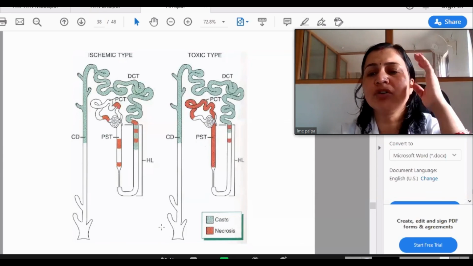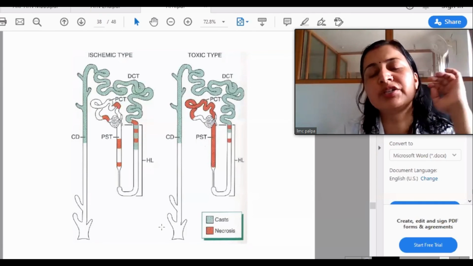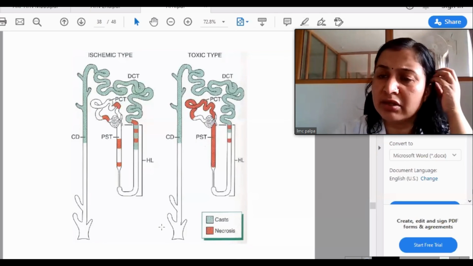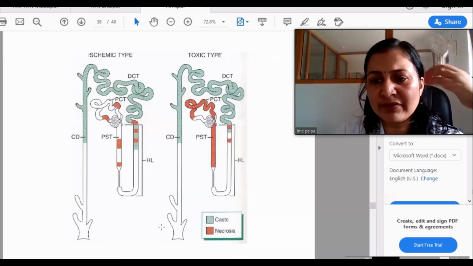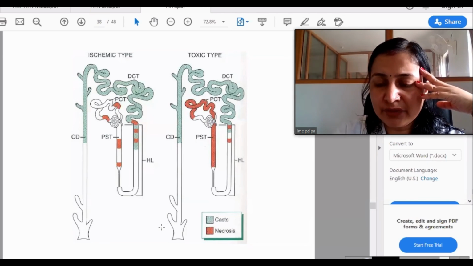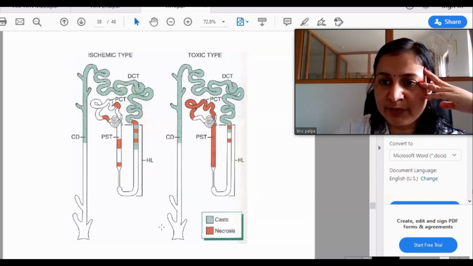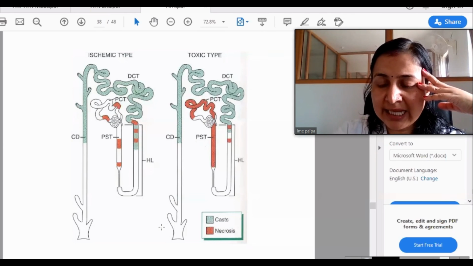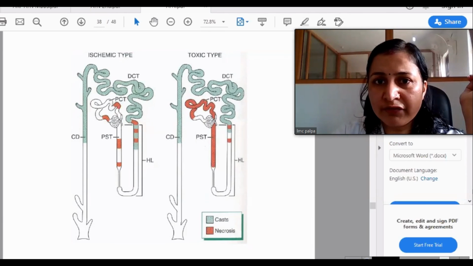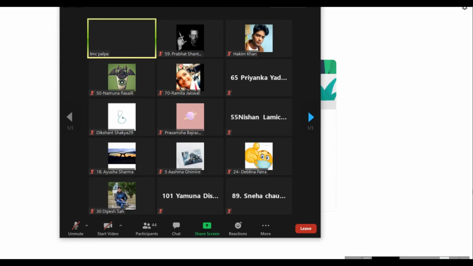In fact, the renal chapter overall is very important. You cannot predict which question will be asked. The glomerulonephritis, renal failure, pyelonephritis, tumors, everything is very important. But this is important in your day-to-day practice. If you will be a clinician, for each and every patient you have to rule out ATN. Any admitted patient, any severely ill patient has to be evaluated as to whether he is going into ATN or not. So this is for your clinical knowledge also, and you should be very much aware of it. All right, clear? Any question till now?